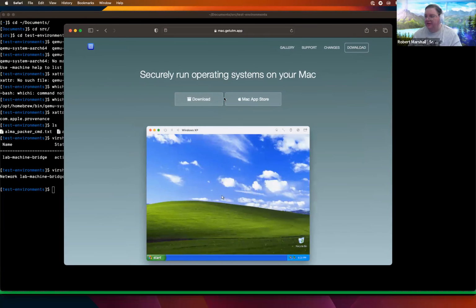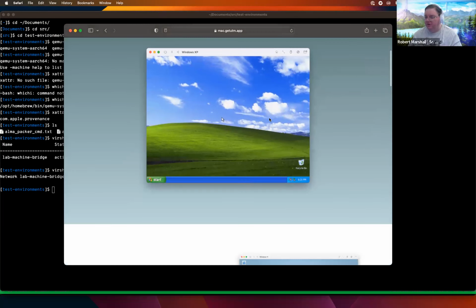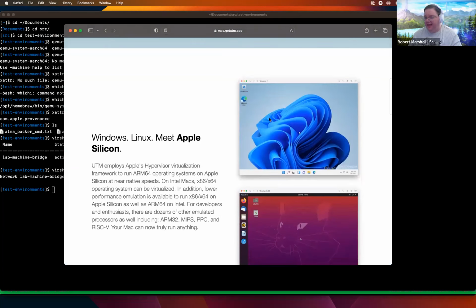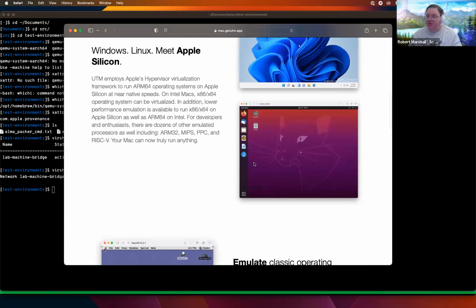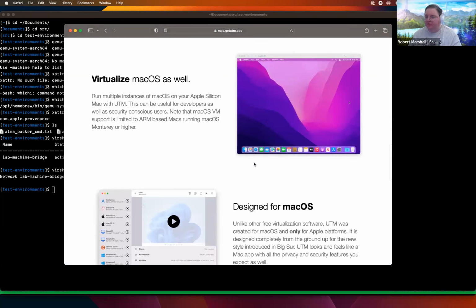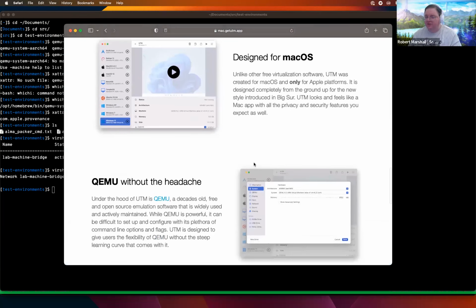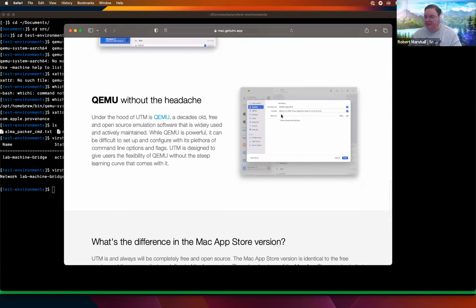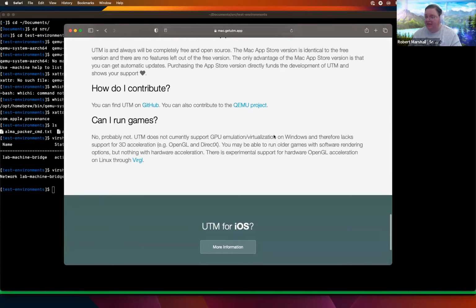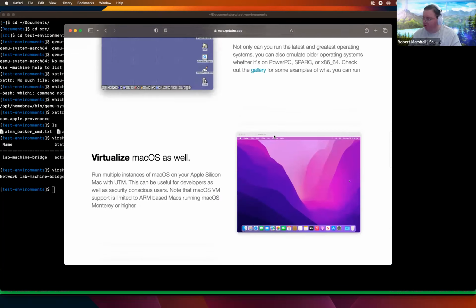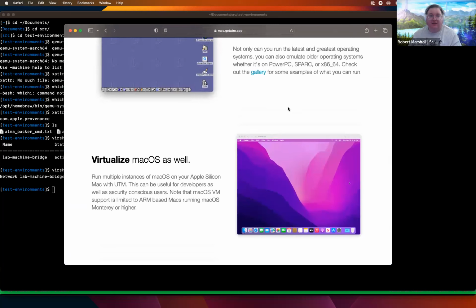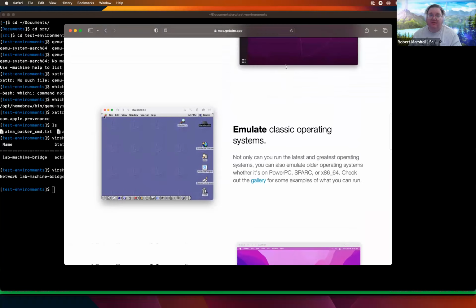UTM. Now, UTM is open source, but they have to go through Apple for the code signing thing. But this creates virtual machines. Now, the problem with UTM is that while it does do this, and it does claim to be QEMU without the headache, what it doesn't do is give you a programmatic interface. Like, I just want to set up and automate installs. Now, they've been adding some, but this is kind of the